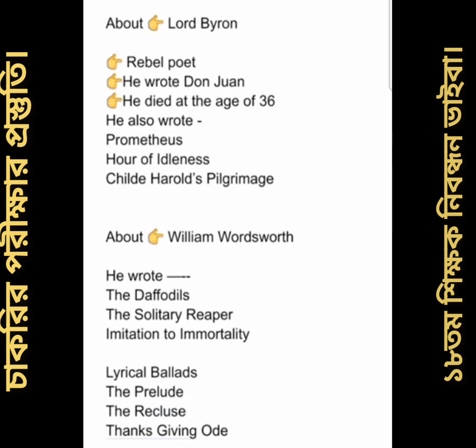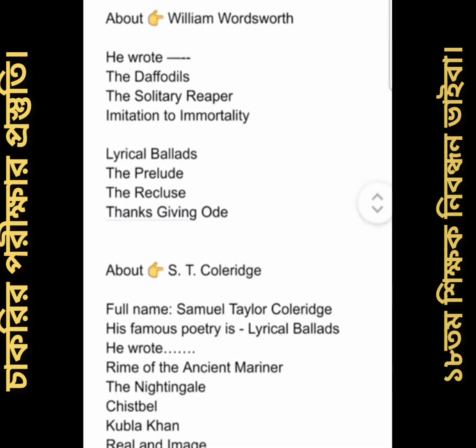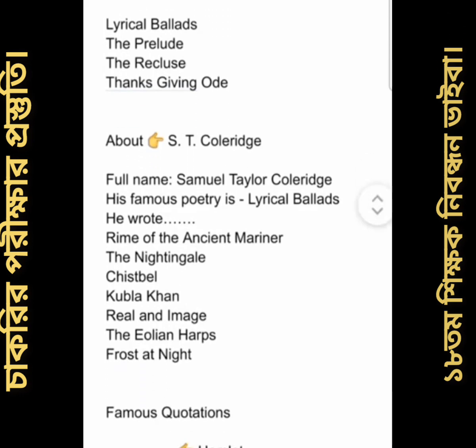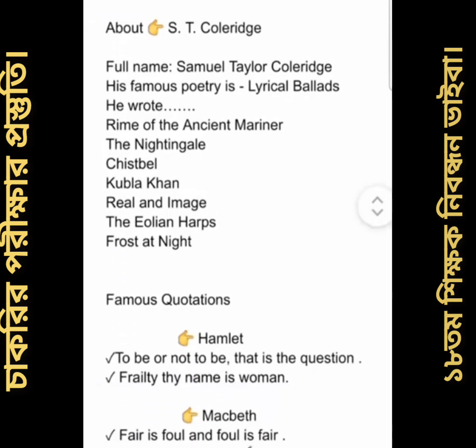Childe Harold's Pilgrimage. About William Wordsworth, he wrote The Daffodils, The Solitary Reaper, Intimations of Immortality, Lyrical Ballads, The Prelude, The Recluse, Thanksgiving Ode. About S.T. Coleridge, full name Samuel Taylor Coleridge. His famous poetry is Lyrical Ballads. He wrote Rime of the Ancient Mariner, The Nightingale, Christabel, Kubla Khan, Reality and Imagination, The Eolian Harp,